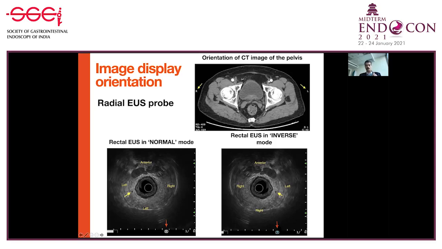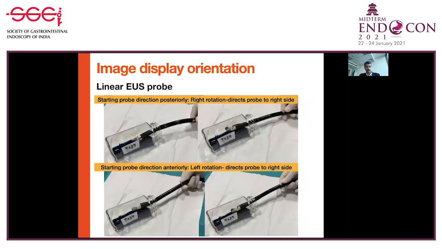If we image in the inverse or the reverse orientation, the image flips, and now the left is on the right side of the image, and the inverse mode in anorectal EUS perfectly corresponds to the CT scan imaging. However, most of us do not change the EUS orientation, so we continue to image in the normal mode. You can do it in either way, but then just remember that the depiction of lesions and the identification of the lateral walls and the lesions would depend how you have oriented your image when you are doing the anorectal imaging. It is the reverse of the ODAD imaging, and this must be understood.